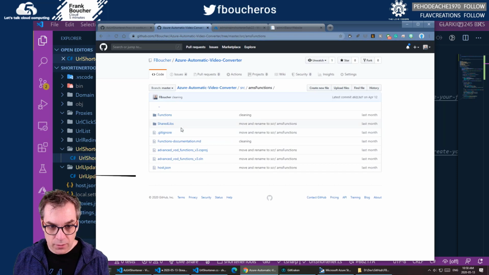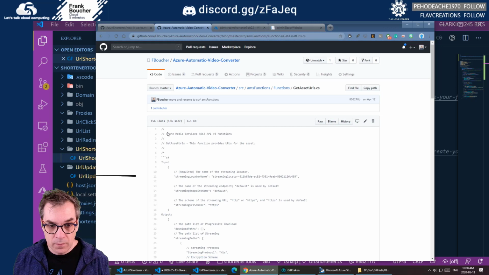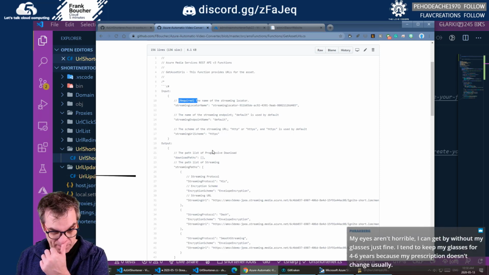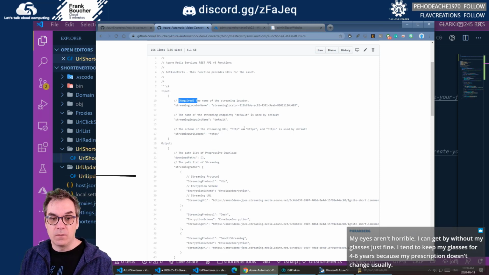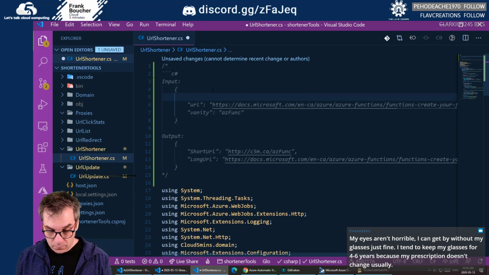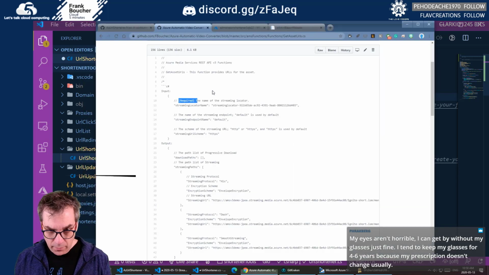Azure function, let's grab one. Okay, so they put the required, also they put the comment line every time. Wow. Oops. How big?